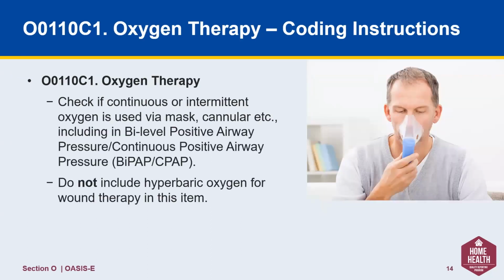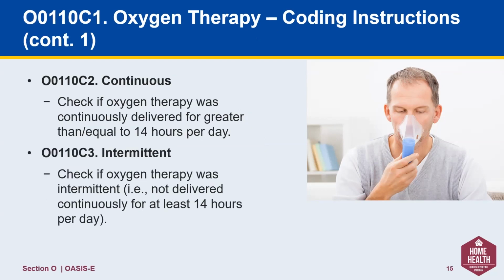Moving on, we have oxygen therapy. So O0110C1 is checked if continuous or intermittent oxygen is used via a mask, cannula, including bilevel positive airway pressure, continuous positive airway pressure. However, this item would not be used for hyperbaric oxygen for wound therapy. The item is further broken down into